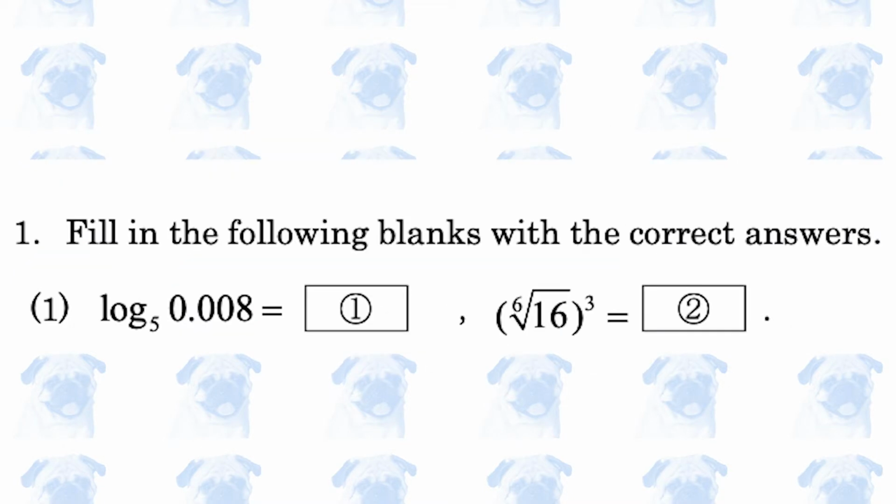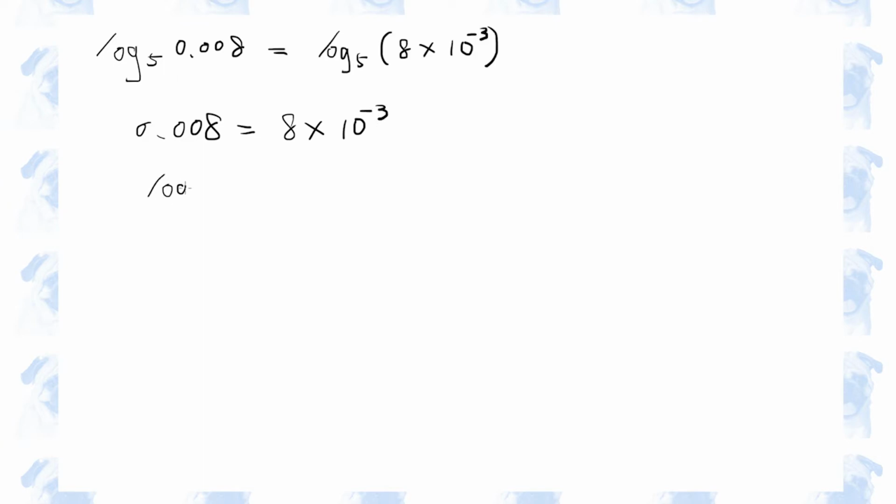Section 1, number 1, log base 5 of 0.008. 0.008 can be expressed as 8 times 10 to the power of minus 3. And recall that log base a of b times c is log base a of b plus log base a of c. Therefore,